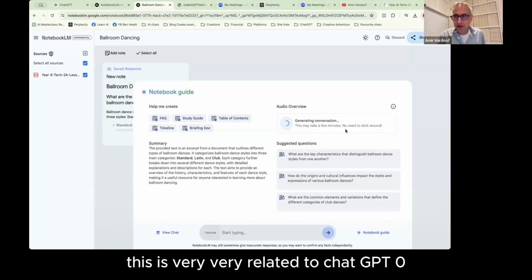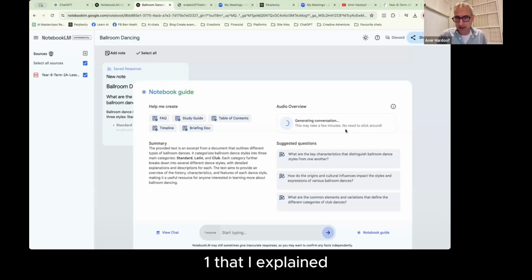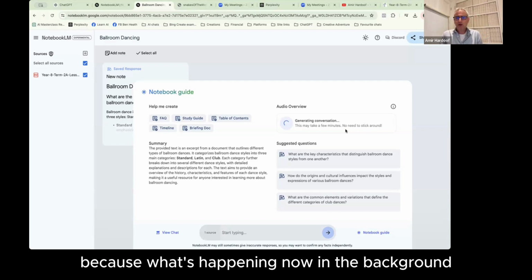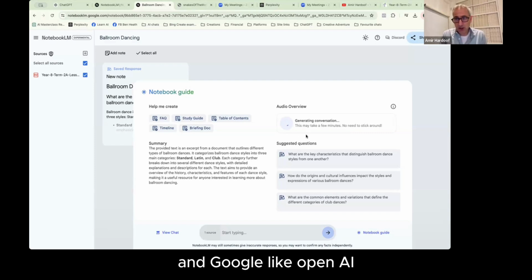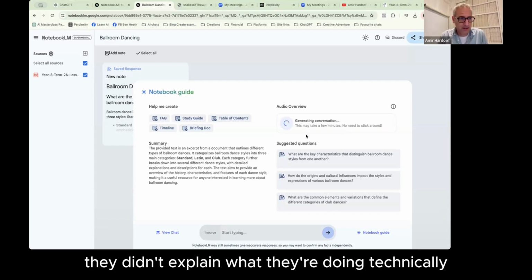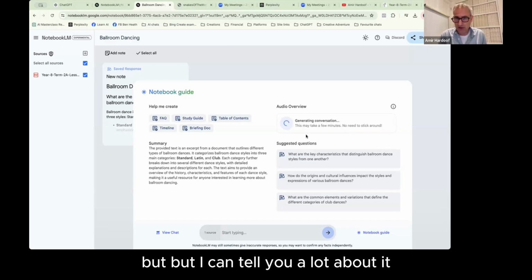However, this is very related to ChatGPT o1 that I explained, because of what's happening now in the background. Google, like OpenAI, didn't explain what they're doing technically, but I can tell you a lot about it.